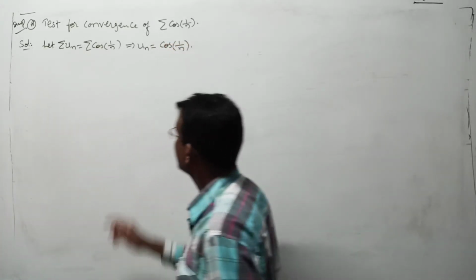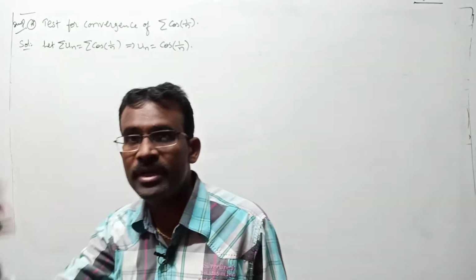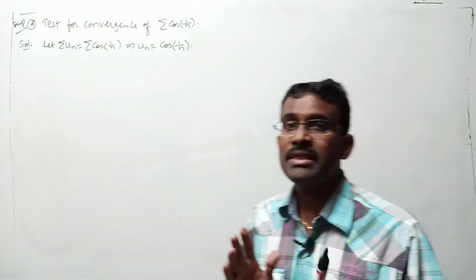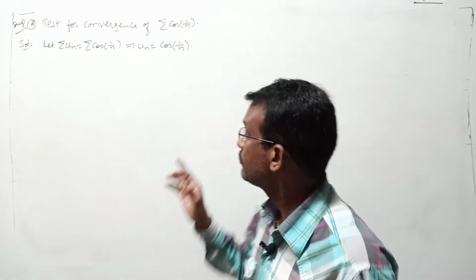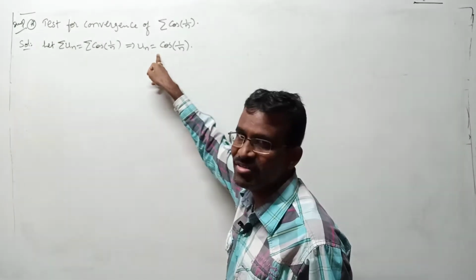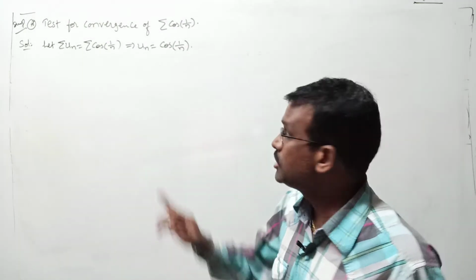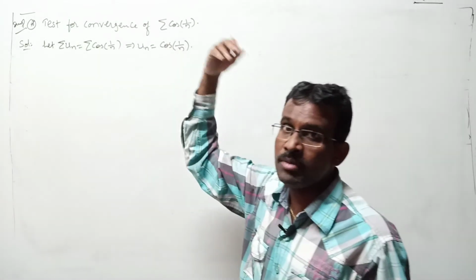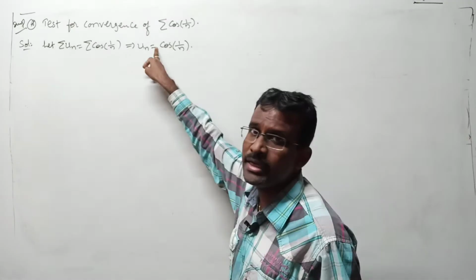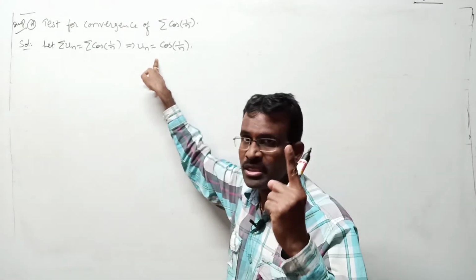Here once look. If you get Un as a cos ratio or any trigonometric ratio, cos, sin like that, if a cos ratio is there, the Vn selection is very simple. Whatever cos coefficient is there, here the coefficient is basically 1, we have to select as Vn. For cos ratio, whatever the inside term may be, leave it. Just take the cos coefficient only as Vn. Here no coefficient means 1 is there. You have to choose Vn as 1.